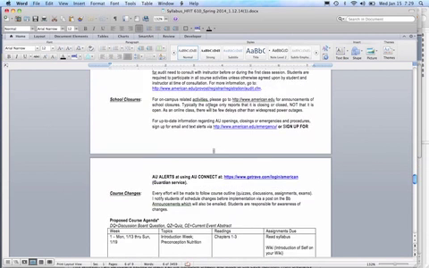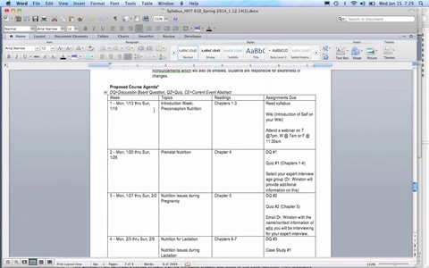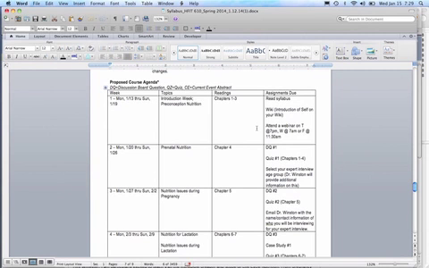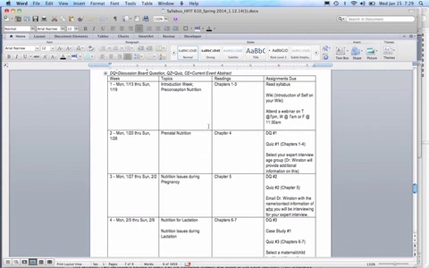Okay, last thing I wanted to point out, here's the proposed course agenda. So this is basically a quick and dirty outline of what you're going to be doing throughout the semester. So you can see here, this is our first week. We've got the readings that you're doing. We've got the topics and what's going to be due this week. This is just kind of an overview, especially with the readings. I will probably be adding more readings, so that's why